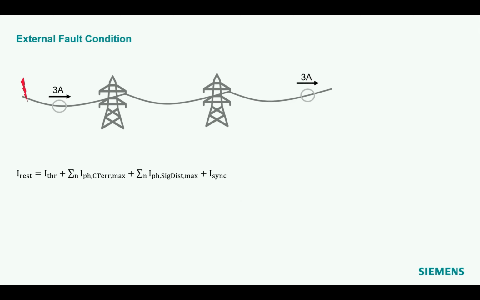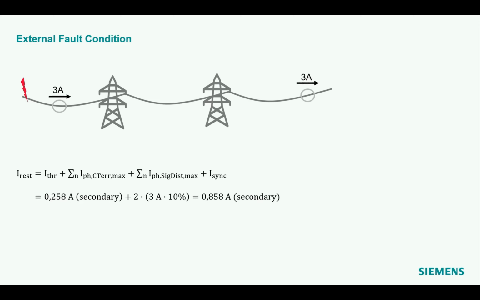Second example calculation would be an external fault condition. External fault means the current is still flowing through the line. We see no differential current, but the restraint current is bigger because the current which is flowing through is getting bigger. Because this is a fault current flowing towards the fault through the line. Here's the same equation as before. Of course, the threshold value is also the same as before,